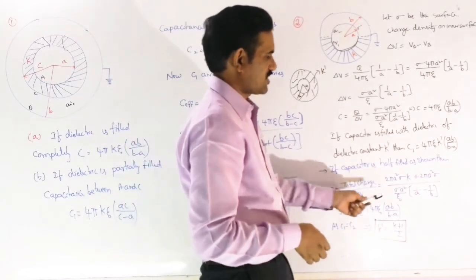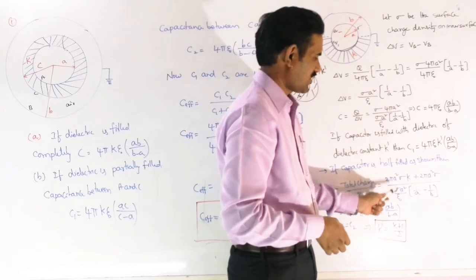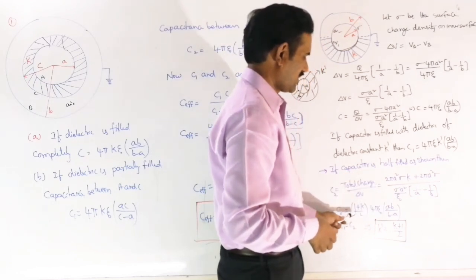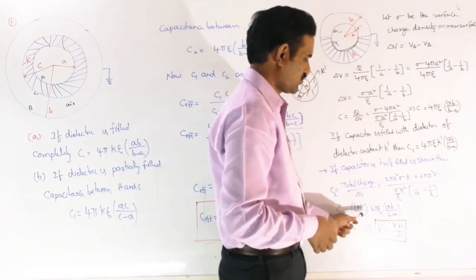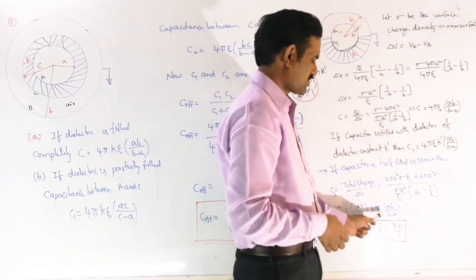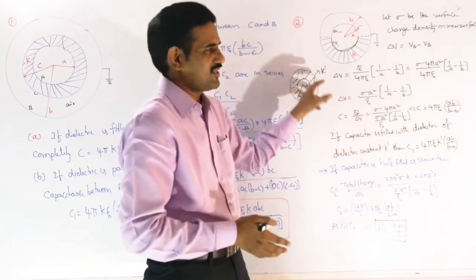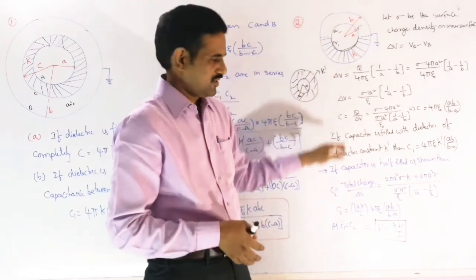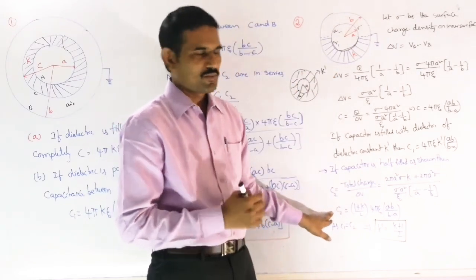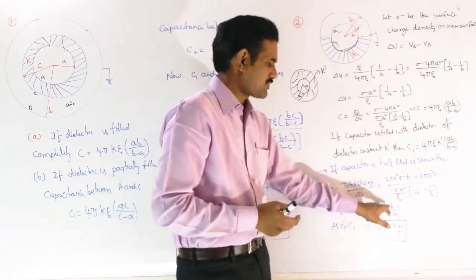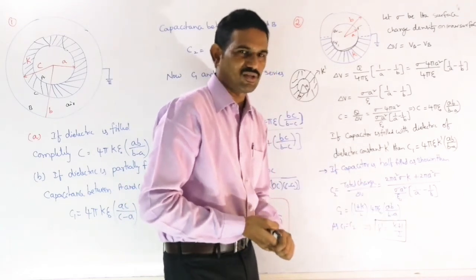And so that potential difference is the same expression I am writing here. Now we can simplify this. Then you will get this expression: (1 + K)/2 into 4 pi epsilon naught into AB by (B minus A). So sometimes in this problem they will ask the capacitance of this system. Then this is the answer for this: (1 + K)/2 into 4 pi epsilon naught into AB by (B minus A) you will get.